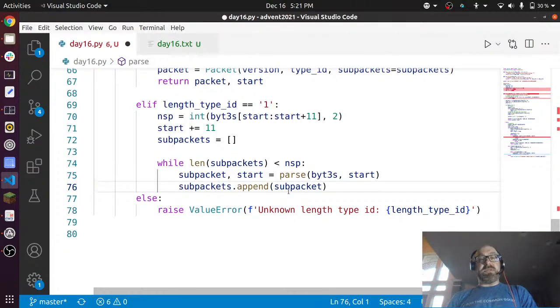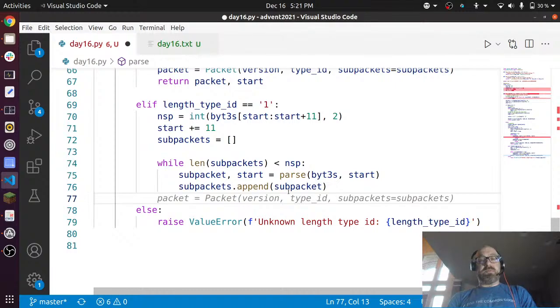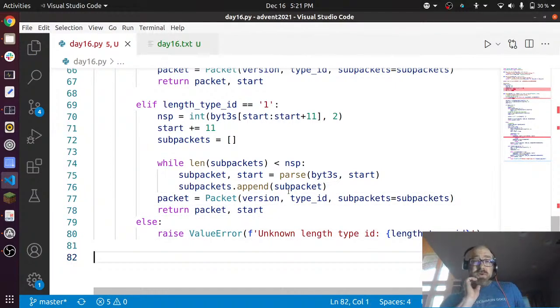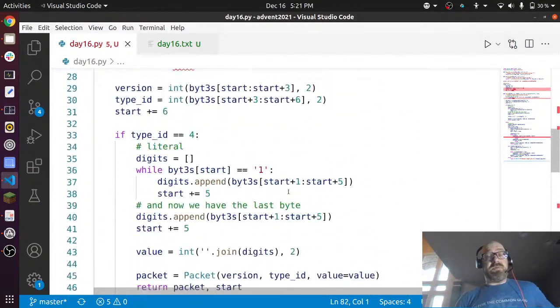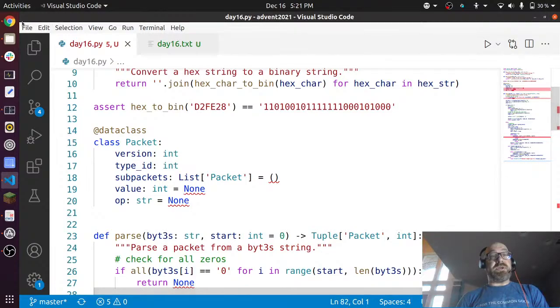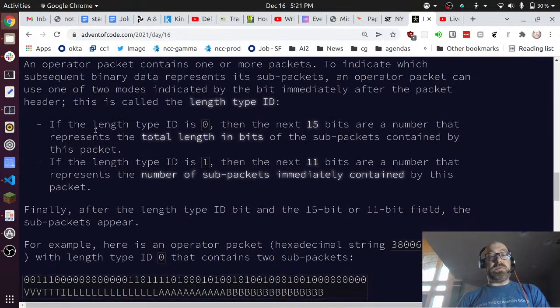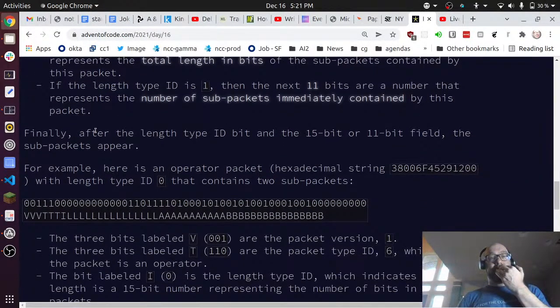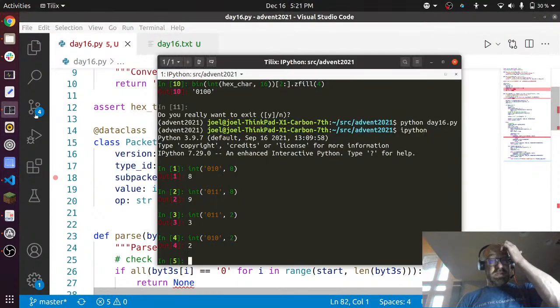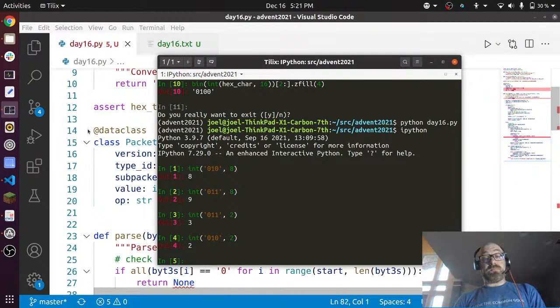Subpackets append subpacket. That seems right, and that seems right. Okay, so the question is, did I do the right thing? And almost certainly I didn't. So let me run